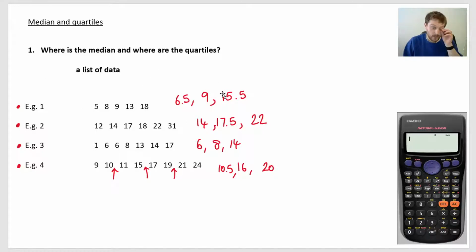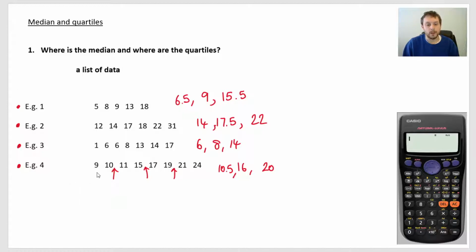Okay, so these are the answers you would get for the lower quartile, median, upper quartile for this method taught at GCSE, and also the first method that's talked about on Wikipedia. It's also my preferred method. I think it's the best method. It's the one that I think we should be using. However,